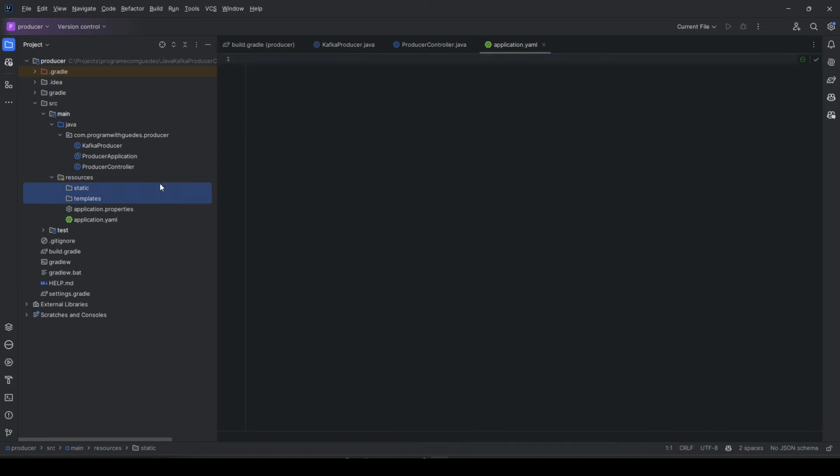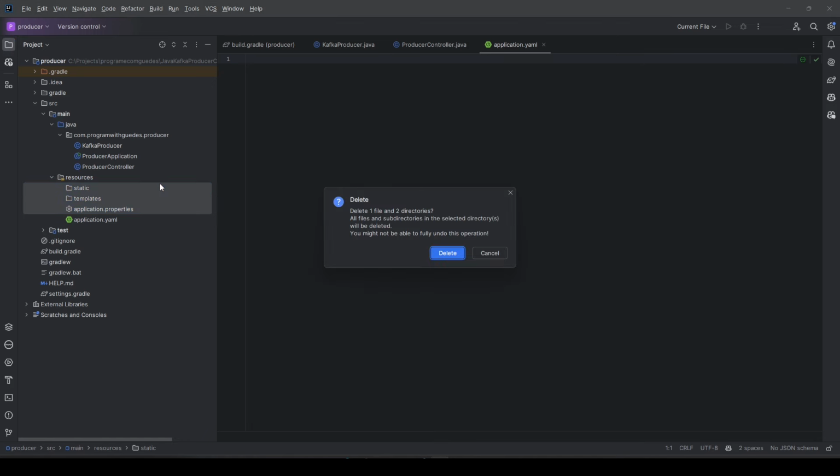And we can delete this file generated by Spring Initializr.